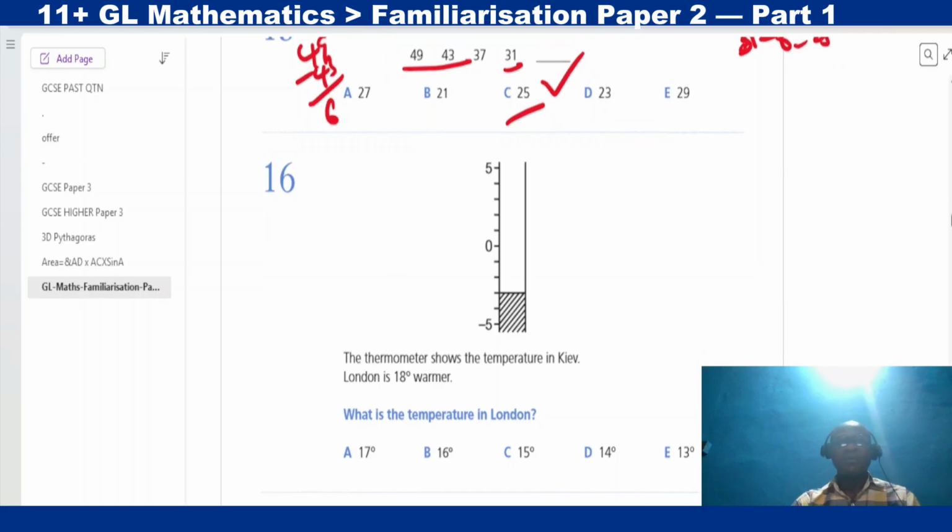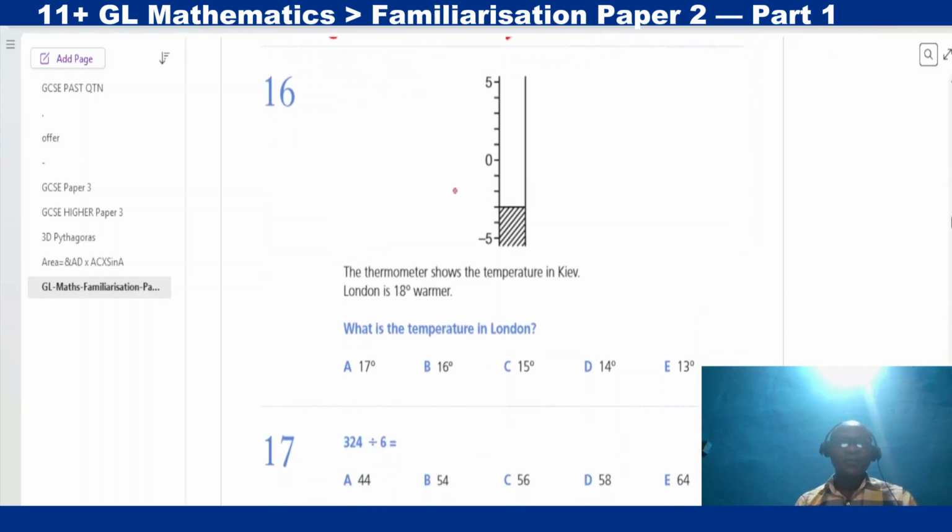All right. Moving to question number 16. The thermometer shows the temperature in Kiev. London is 18 degrees warmer. So what is the temperature in London? Let's see what it is now. The temperature reads at this point. So 0, 1, 2, 3, 4, 5. Each line there represents 1 degree